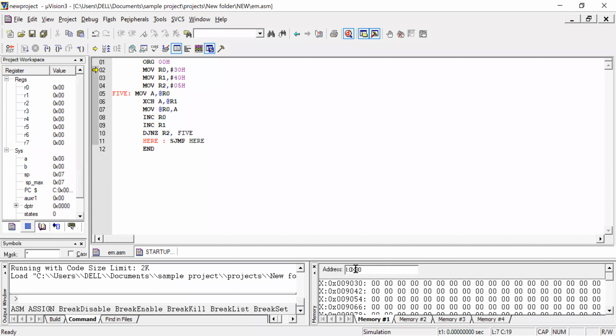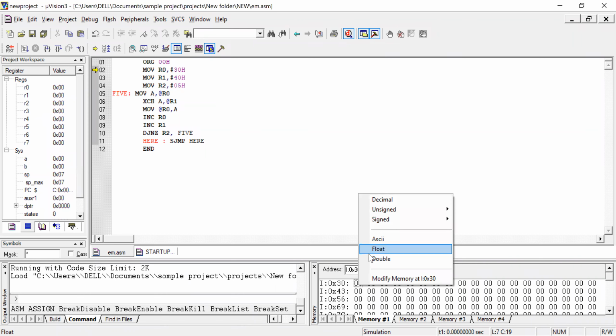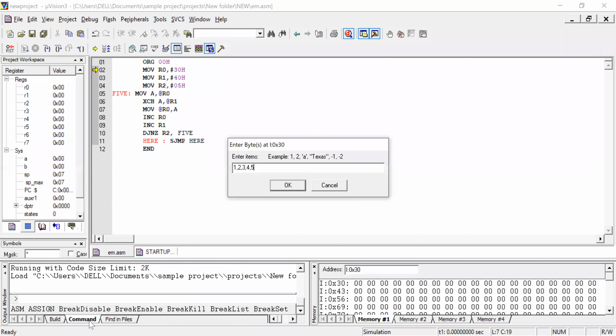0x stands for hexadecimal, and 30 stands for the corresponding 30H address. So in this address, I'm going to place my input value. That is, I'm going to have some values here, which I want to exchange with another location.